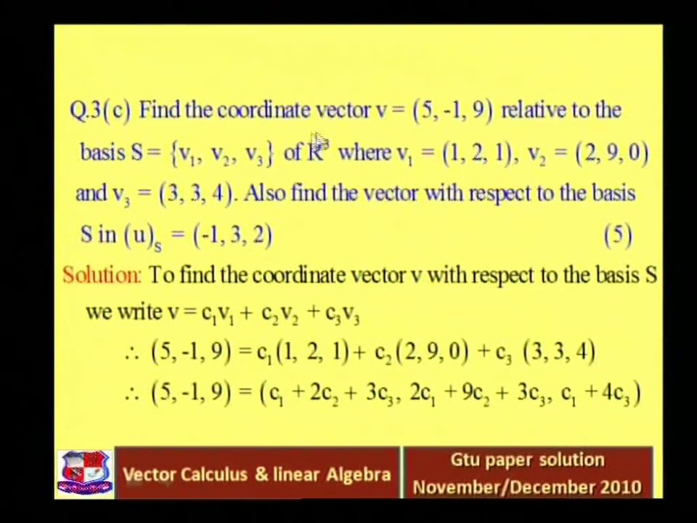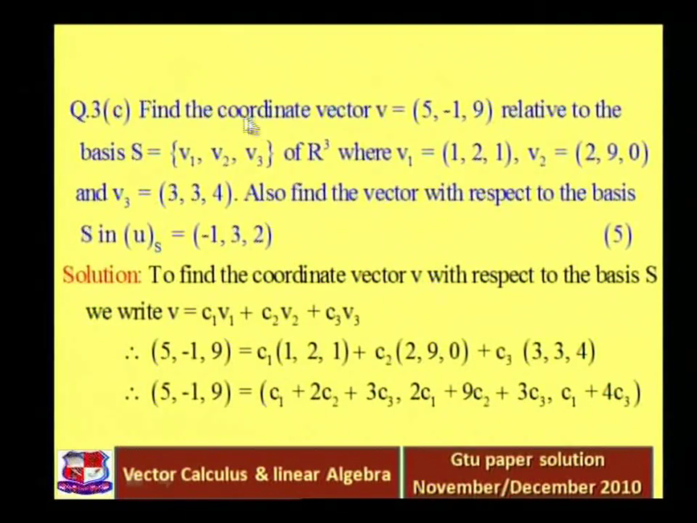Now first of all we want to find the coordinate vector of v = (5, -1, 9) relative to the basis S, where S is {v1, v2, v3}. This (5, -1, 9) is any vector of R3, and v1, v2, v3 are basis vectors for R3. That means this v can be expressed as a linear combination of v1, v2 and v3, right? In fact, any vector of R3 can be expressed as a linear combination of v1, v2, v3,